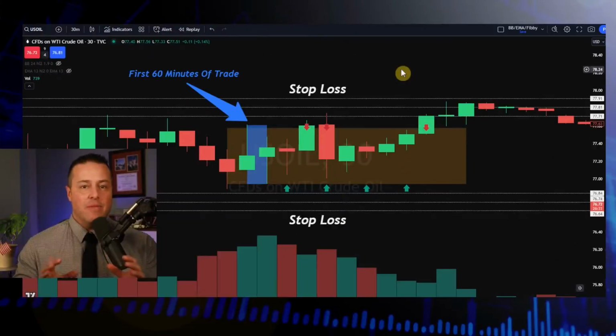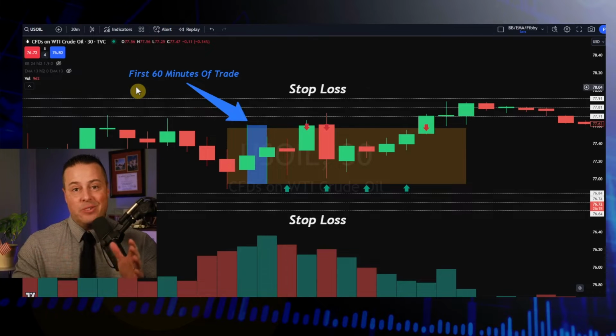Here's an example of a range-bound price action strategy that many professional crude oil traders trade every single day in the crude oil markets. This is an old strategy, but a lot of folks still trade it. Now, the first thing we're going to do is look at our time period between 9 a.m. Eastern and 2:30 p.m. Eastern.